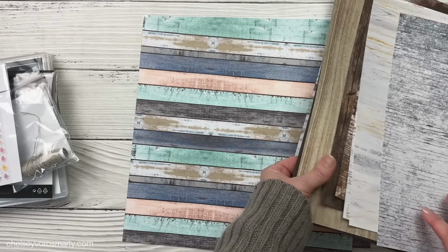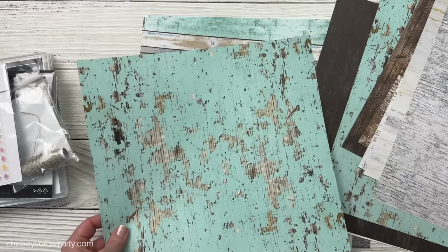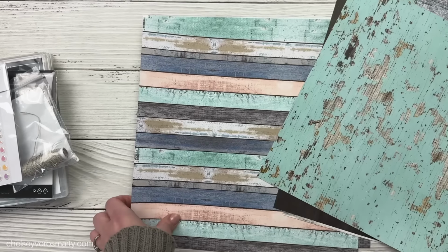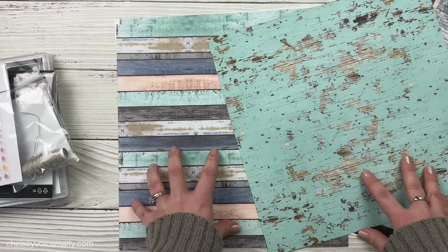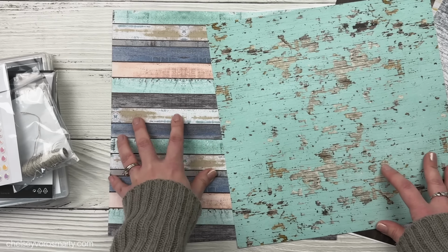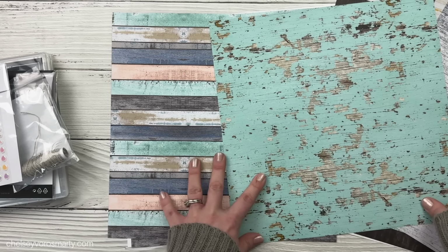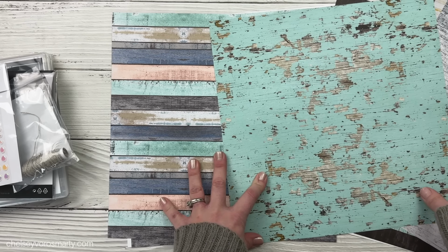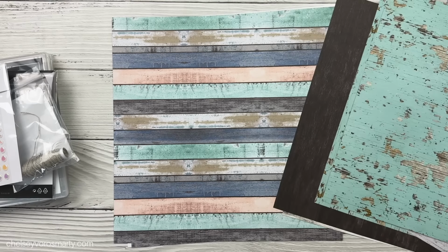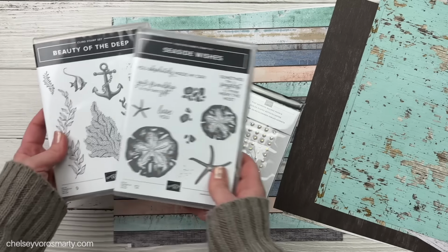I might use some of this teal one as well, or maybe work in some white. We'll see once we start playing a little bit, but this was the original inspiration. I'm thinking beach. I'm thinking mostly this pattern with a little bit of other patterns, and I might want to stamp some cardstock with my stamps to have some coordinating tone on tone cardstock to go with it. And then clusters of stamped